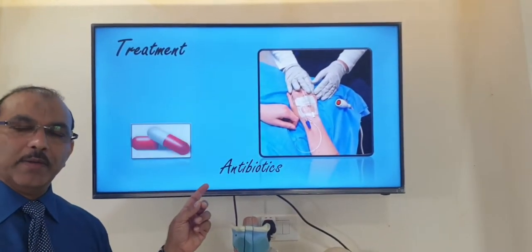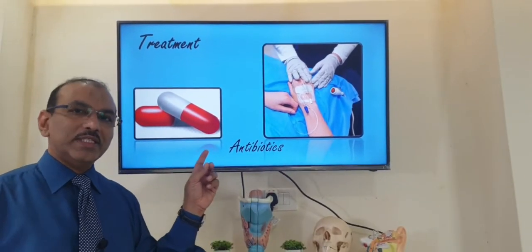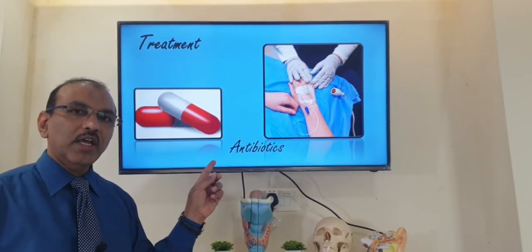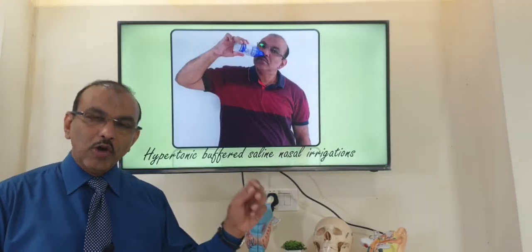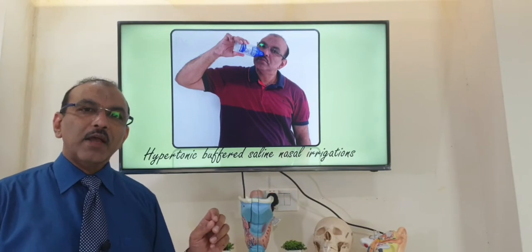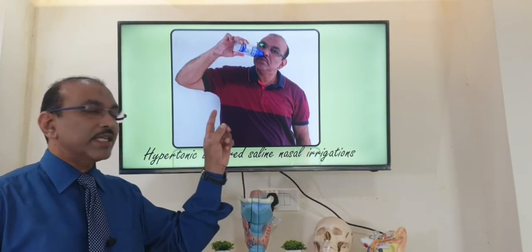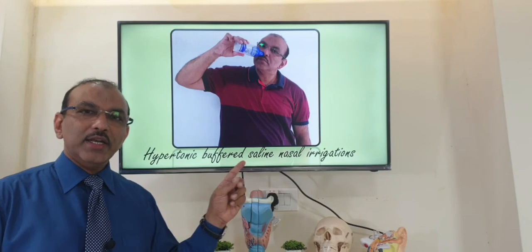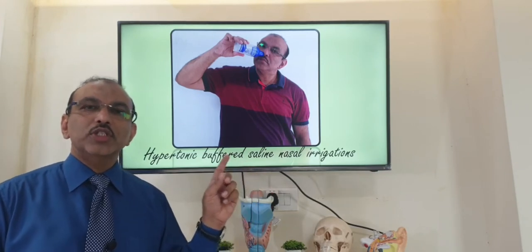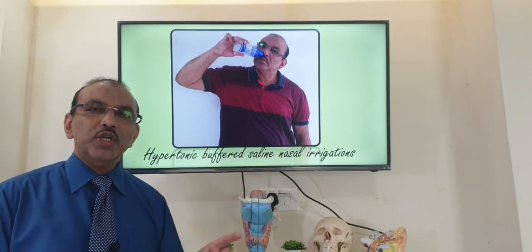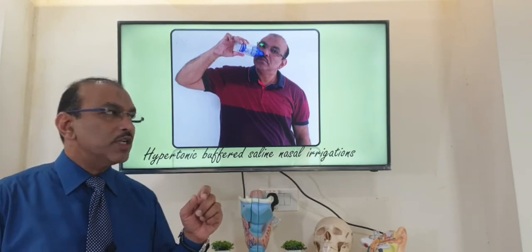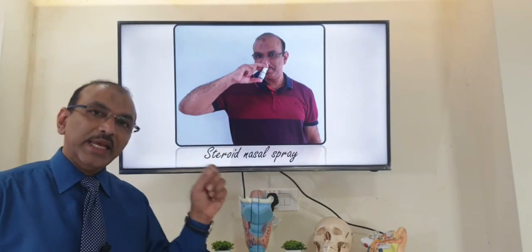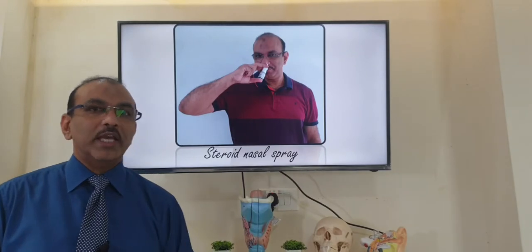So, coming to treatment, if it's a mild infection, we'll start with syrup or an oral antibiotic. If it's a severe infection, the patient has to be admitted and we'll start with an IV antibiotic. Along with the IV antibiotic, we'll give nasal wash and nasal spray. Both in adults and children, nasal wash is three times daily. But children usually will not be able to do nasal wash properly. So instead of nasal wash, we have nasal spray, of two types. One is a steroid spray, another is a normal saline spray. That can also help in children.